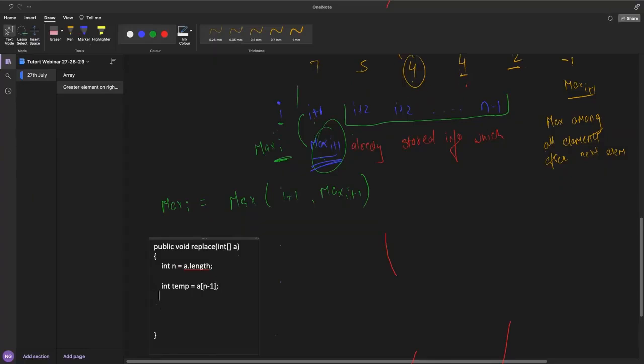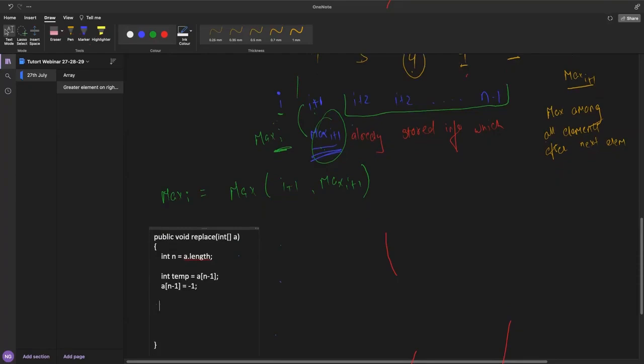Now the last element I will be replacing by -1, because we know that after the last element there will not be any element. Now I will be looping, int i equals n minus 2. We have to start with n minus 2, then i greater than or equal to 0, i minus 1.